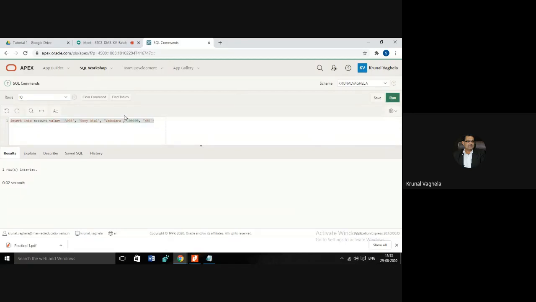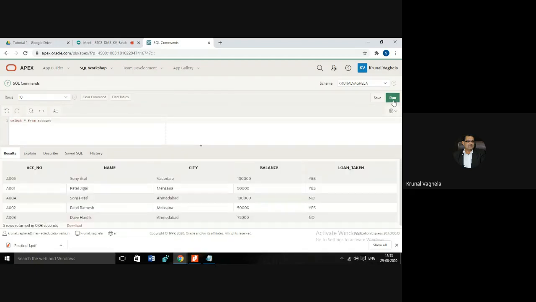In the later part of the lab, I will show you how to check the data. But right now, just to check, let me write select. I will also explain it in detail. But right now, select star from table name. Table name is account. If you run this, you can see your data is inserted.